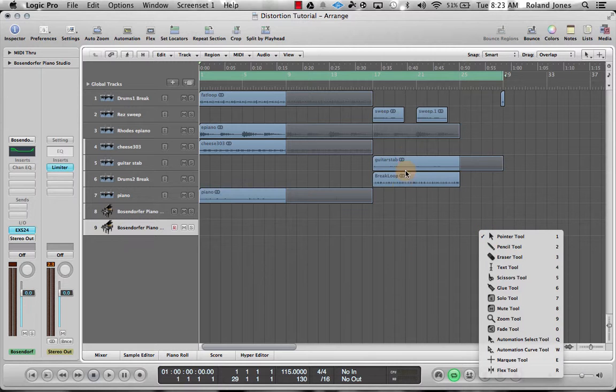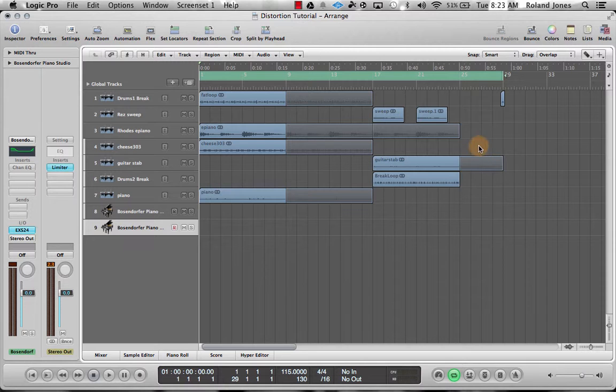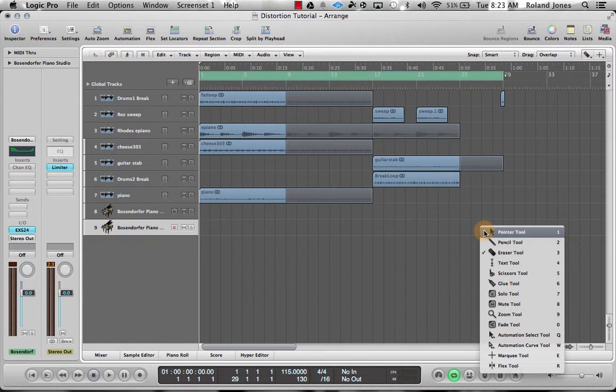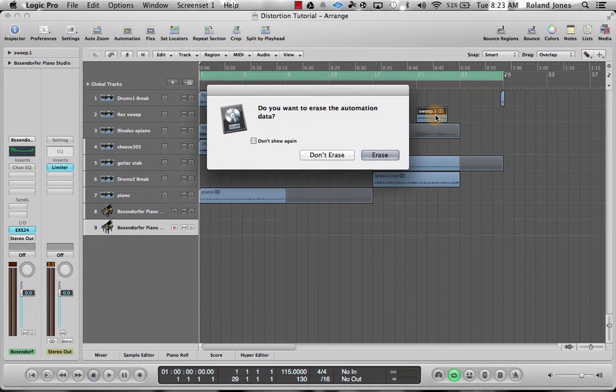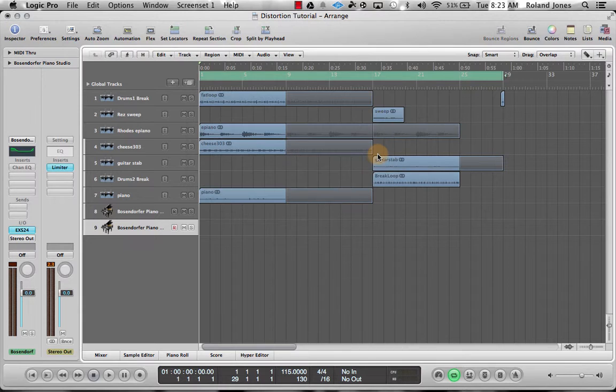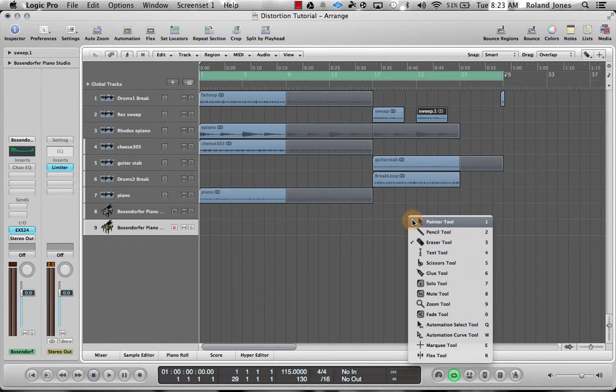So the pointer is the default that you use to move around the screen. The pencil tool is for using if you want to draw in MIDI notes. The eraser tool is obviously for going in and erasing elements. So eraser tool on. I want to erase that. Do you want to erase the automation data? Yes, okay. But now I'm going to undo that because I didn't really want to. Command Z, and it's back. I'm going to bring escape up,